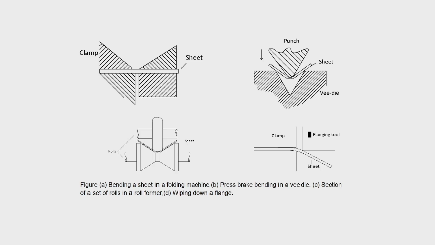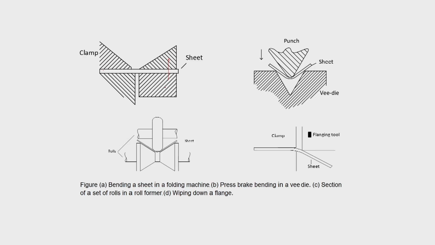Bending operations, as I said, I have taken from the book only. These are by different processes, like bending a sheet in a folding machine. You are holding this sheet metal here, it is being clamped here. Between two pieces you are inserting it and then clamping it by mechanical means. This side also is clamped, but this is fixed, this is stationary. Here this part you may just rotate like this up to whatever angle you want.